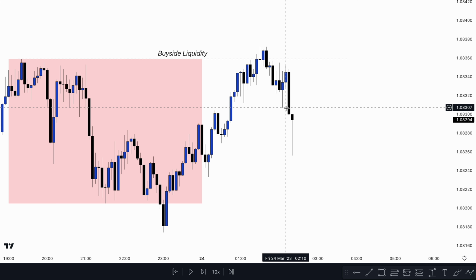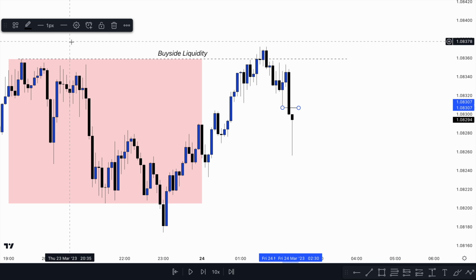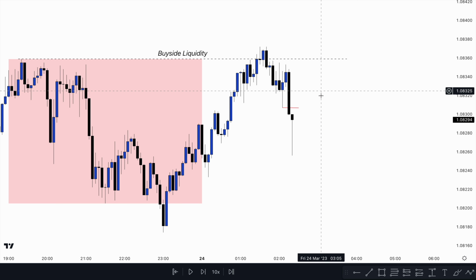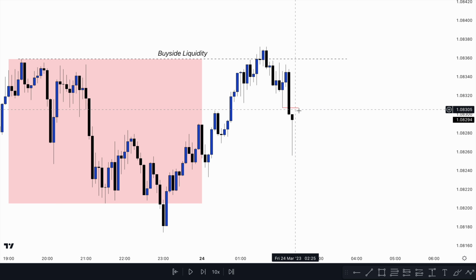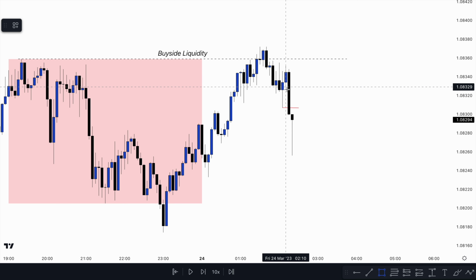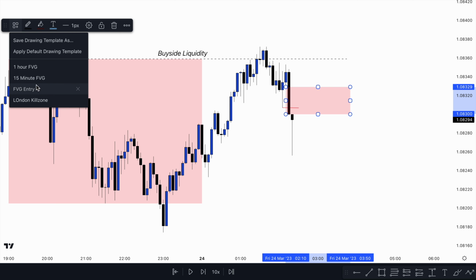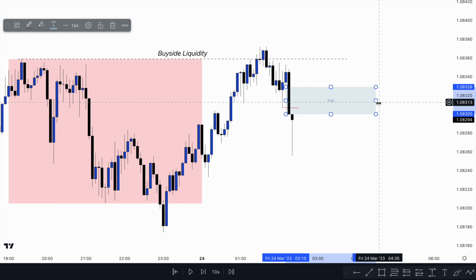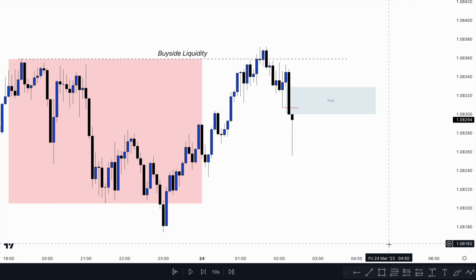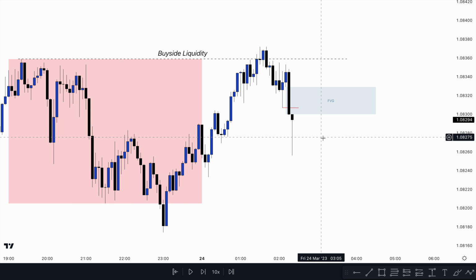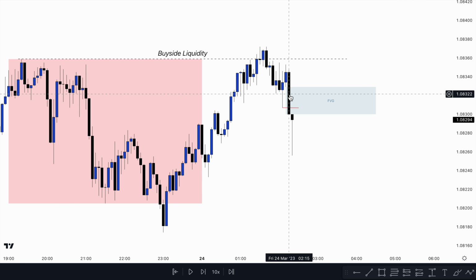So once we see that, once we have our break in market structure, let me just draw a line here like that, and I'll make it red so it's easy to see. So once we have that break in market structure, this is the fair value gap. Just draw a rectangle to show that, and I'll make it entry. This is our fair value gap. This is our entry. So as you guys know, fair value gap is a three candle pattern. 1, 2, 3. Our entry is on the high of the last candle,